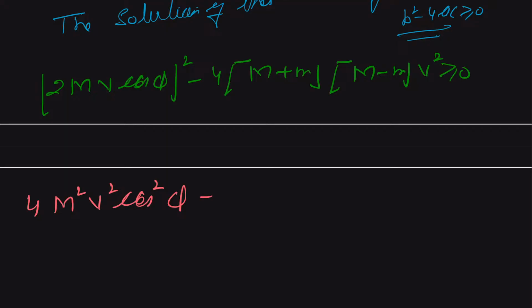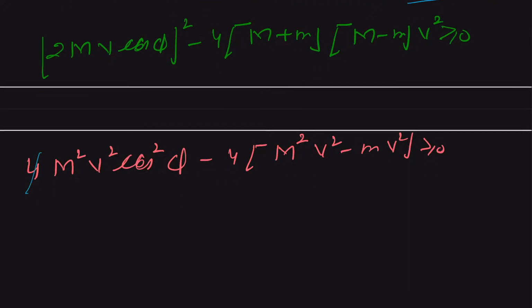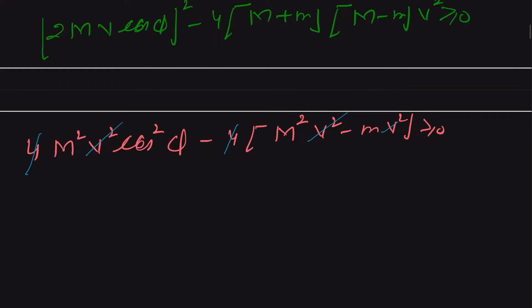Cos square phi minus 4, and this is our M square v square minus small m v square greater than or equal to 0. And our 4 cancels out throughout, and v square we can just take out, and then we can make m square common. So we can say that our m square is equal to cos square phi minus 1